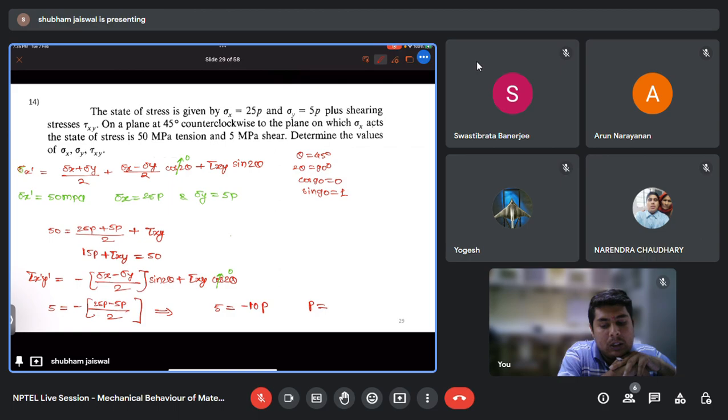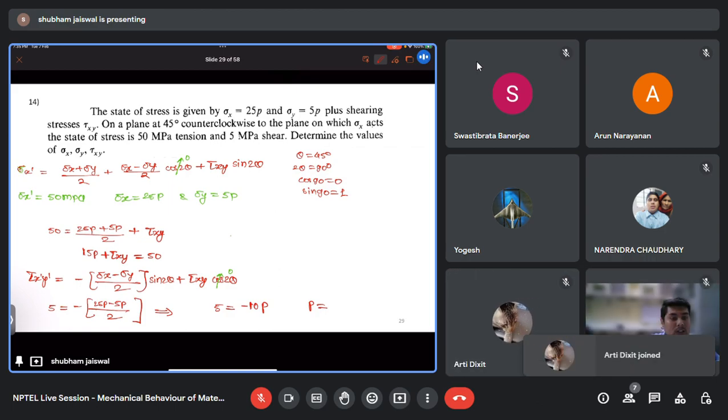Please tell me the value of p. Mr. Arun, Mr. Yogesh: minus half. Okay guys, one correction is there. This is given in MPa, and we don't know the unit of that p. So we will take this in Pascal only. So this will be 50 into 10 raised to 6. So here also we will have